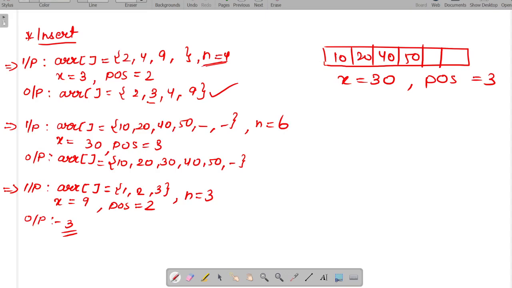Now we have to insert this 30 at position number 3. So what is the position number 3? 1, 2, 3. So at this position we have to insert 30. So when we insert 30 at this position, we will shift the remaining elements one step next. So our answer that we will get will be